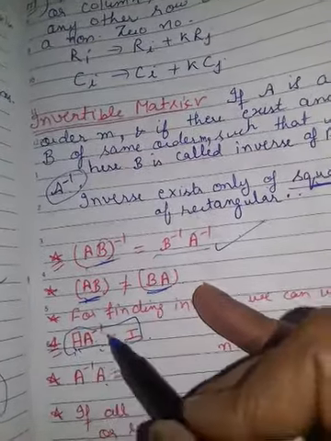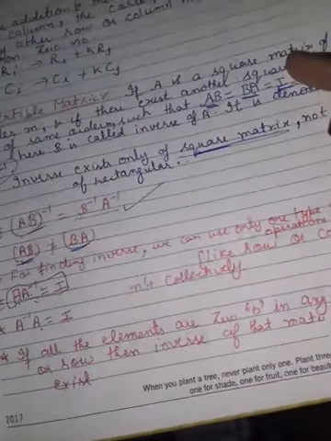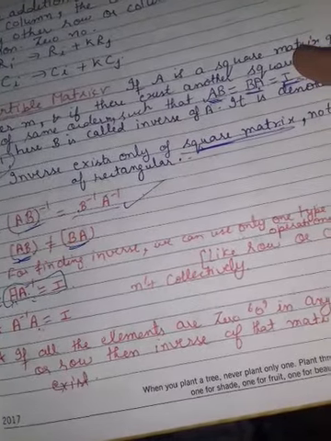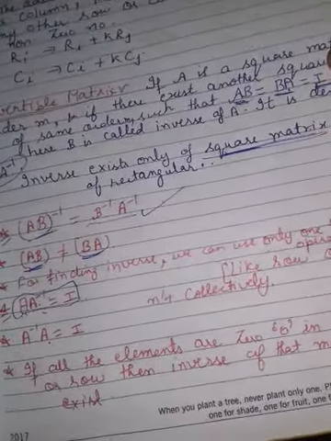Similarly here. Clear? If all the elements in any column or row are 0, then the inverse of that matrix does not exist. It means you cannot make it an identity matrix, because you know what an identity matrix is: the diagonal is 1 and the others are 0. Similarly for 3. So if you get any row or any column having all zeros, then you can say its inverse will not exist. Now we are discussing some examples.